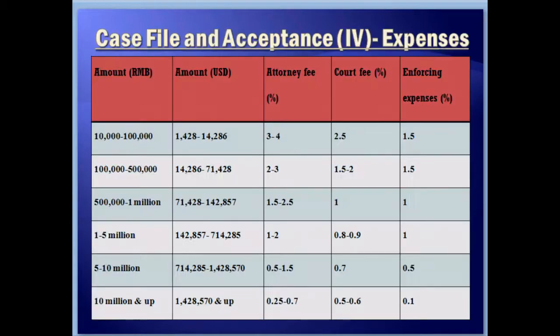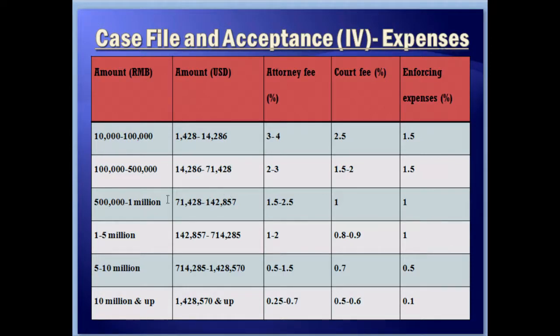Here, I want you to take a look at the expenses. The first column is the amount in controversy. So that's the case you filed. If you file a case for like 1 million in Chinese yuan, that is in US dollars. So this is confusing here. Anyway, it's US dollar between 71 to